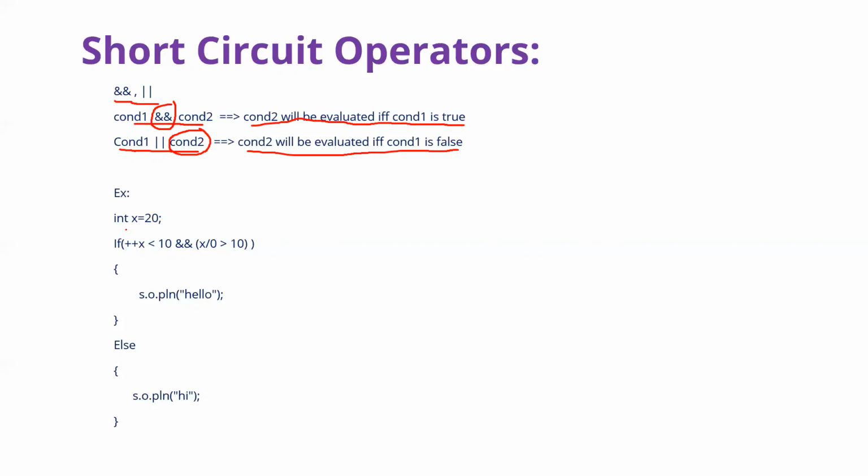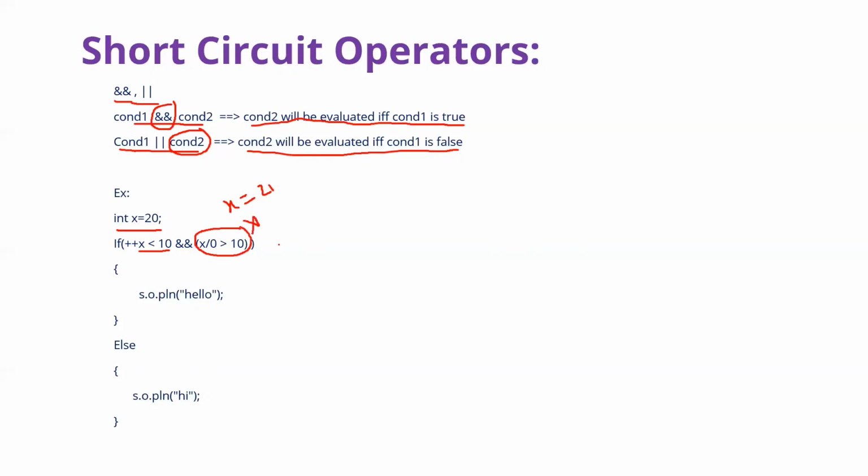Okay, observe here, I am taking int x equal to 10. Now I am incrementing with ++x, which means the x value will become 11 on incrementing. 11 less than 10, this condition failed. If one condition has failed, you need not check the other condition for the AND operator, right? So that condition will not be evaluated.